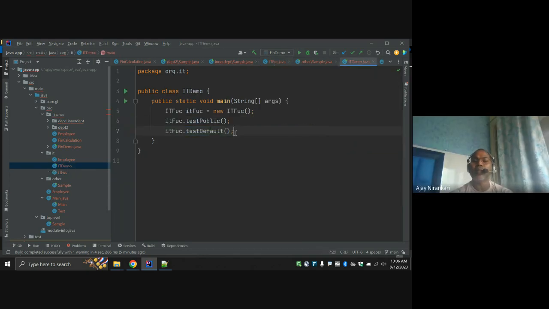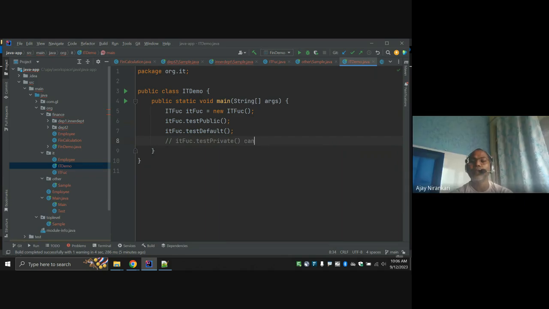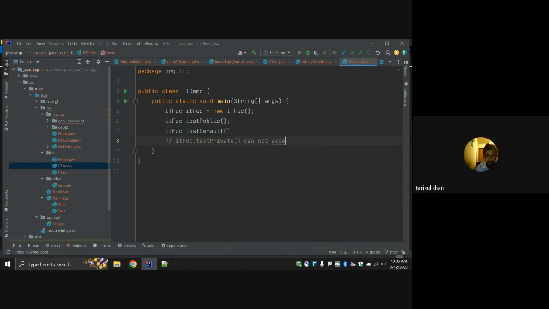Like here, let's say I'm trying to call the IT function dot this. This is not allowed, because private is not acceptable outside of the class, right? Not allowed. Cannot access. The IT fund and also all the methods inside of it can be accessed from anywhere because